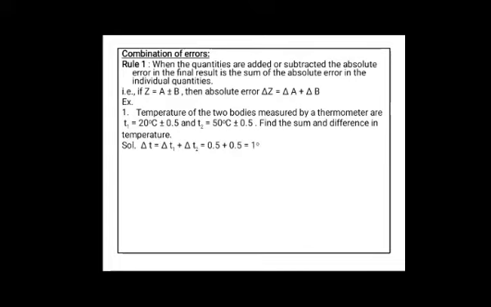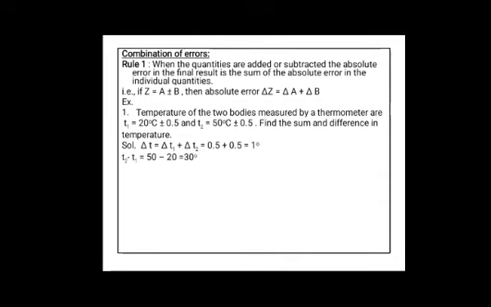First you calculate the absolute error. How to calculate absolute error? Let us represent it as delta t. So delta t is equal to delta t1 plus delta t2. What is this delta t1? It is error in measurement of first temperature. What is delta t2? It is error in measurement of second temperature. So why have we added here? It is according to the rule. Whether you are adding the terms or subtracting the terms, absolute error should always be added. So delta t1 plus delta t2, you will get 0.5 plus 0.5 as 1 degree.